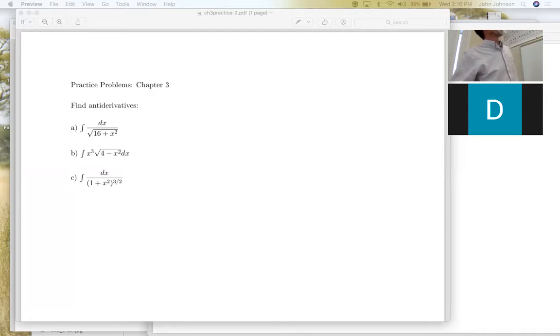Trig integrals, this is 3.2. That's from section 3.2, so that's easy to keep track of. Here's some more. That's actually the assignment and so on. Any questions about information available? Now, most of this is available